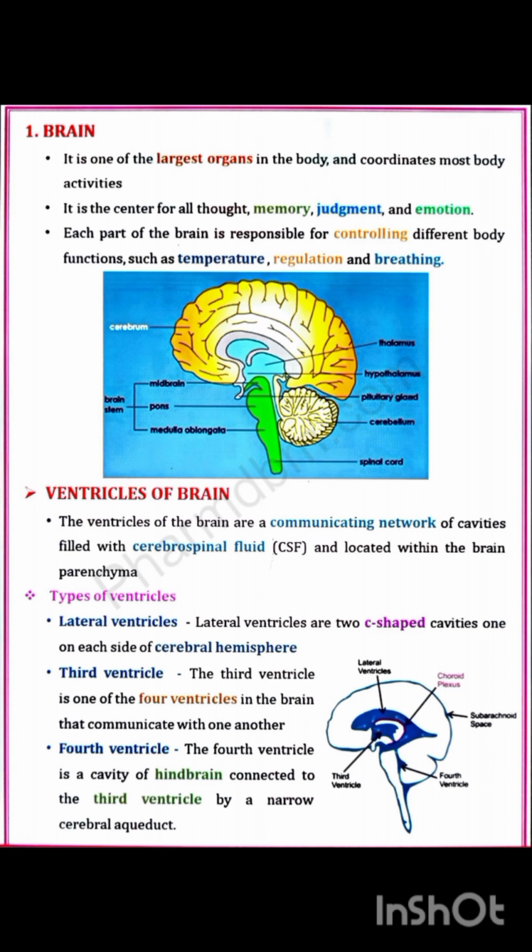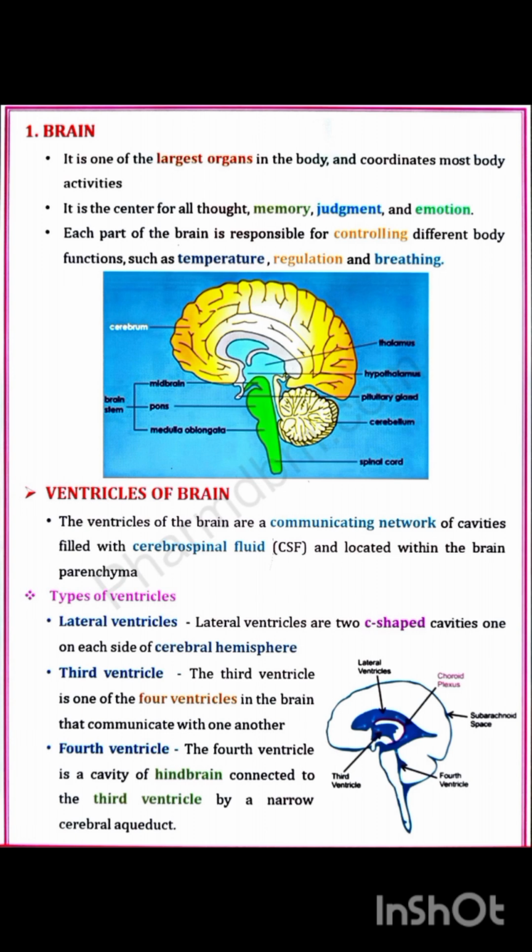First part, the brain. It is one of the largest organs in the body and coordinates most of the body's activities. It is the center of all thoughts, memory, judgment and emotion. Each part of the brain is responsible for controlling different types of body functions, such as temperature regulation and